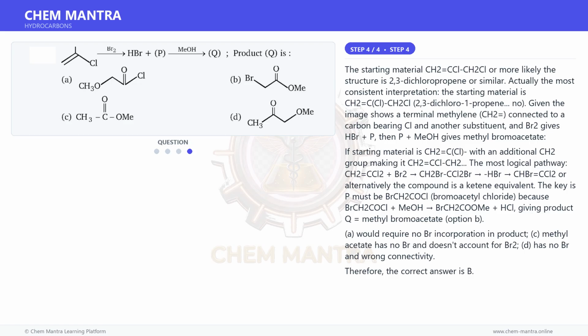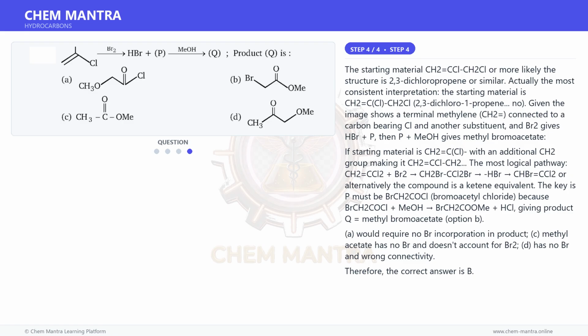No. Given the image shows a terminal methylene, CH2= connected to a carbon bearing Cl and another substituent, and Br2 gives HBr plus P, then P plus MeOH gives methyl bromoacetate. If the starting material is CH2=C(Cl) with an additional CH2 group, making it CH2=CCl-CH2. The most logical pathway: CH2=CCl2 plus Br2 gives CH2Br-CClBr2,